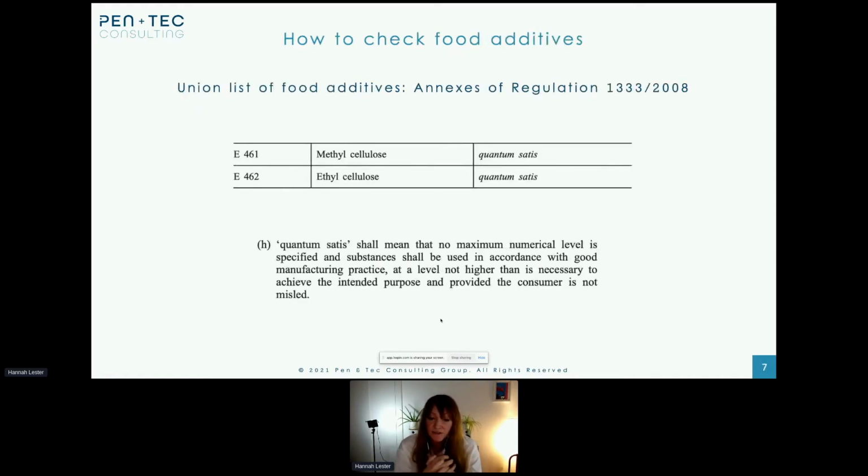In terms of food additives, you can check the union list of food additives, which is contained in the annexes of the Food Additive Regulation. But you can also check the EC food additive database, but this is quite complicated and it is quite difficult to navigate your way through. So here's an example, which I'm sure you're all very familiar with, which is methyl cellulose, and its E number, which is E461. And in this case, you can use methyl cellulose quantum satis, which means that there's no maximum limit,